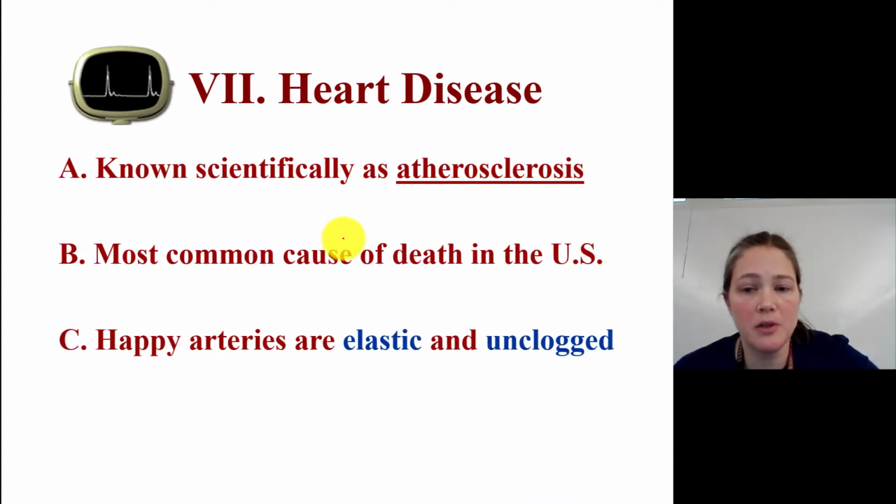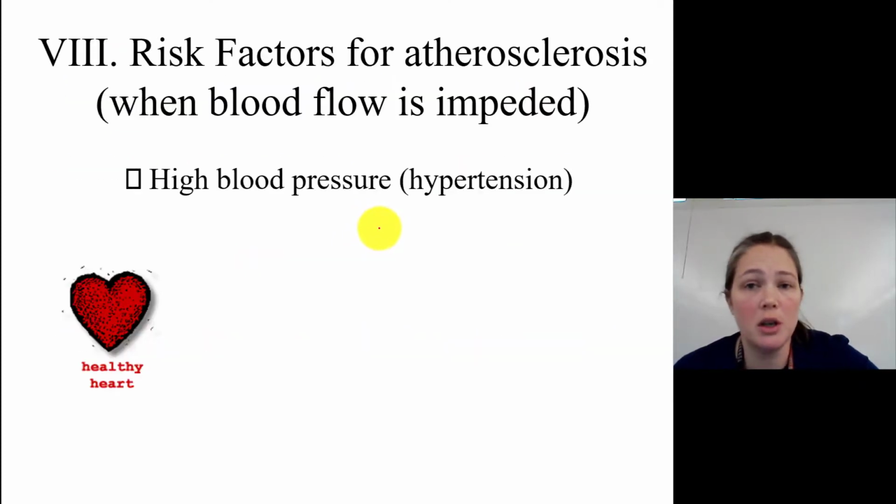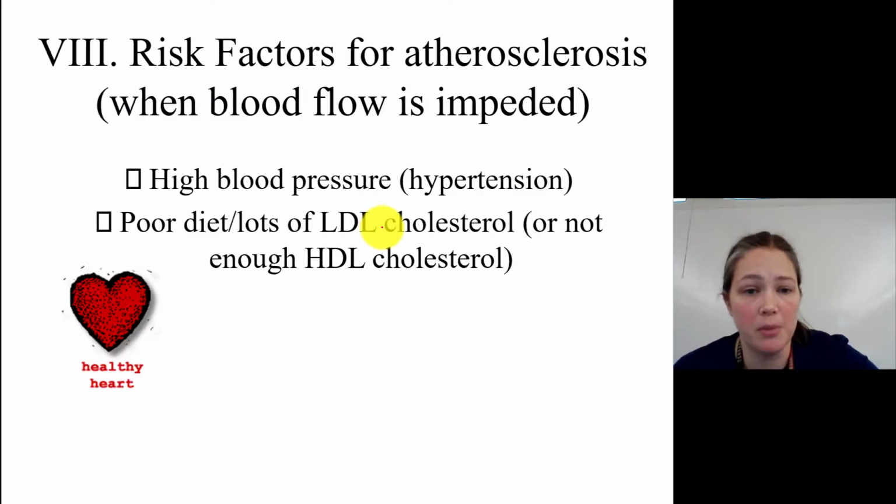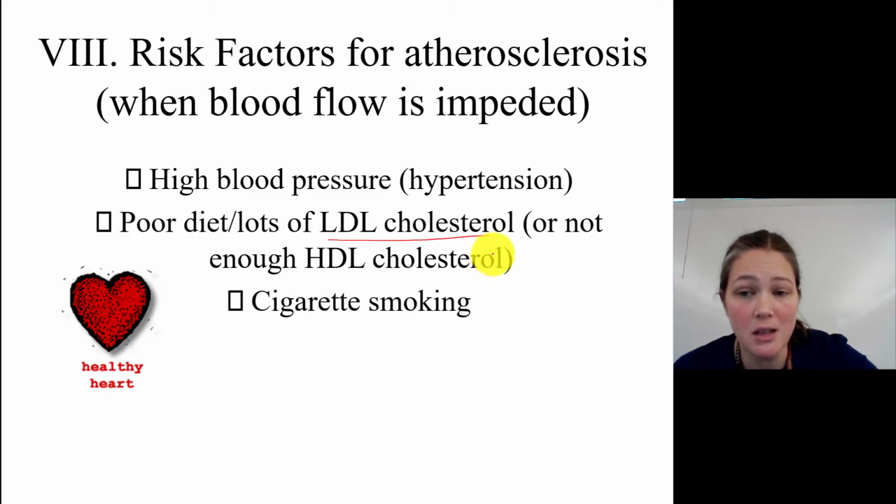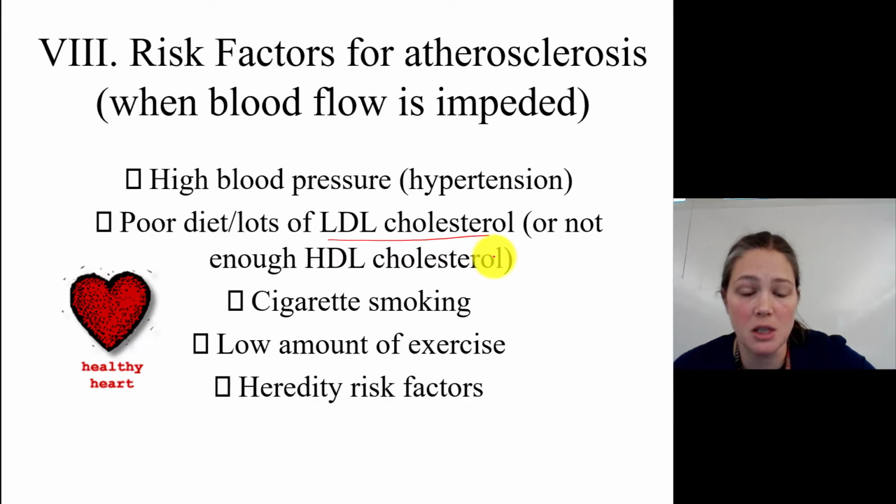Atherosclerosis is the most common cause of death in the U.S. This is happy arteries: elastic and unclogged. So what increases risk for atherosclerosis are high blood pressure, lots of LDL cholesterol, which is generally putting the fats in your blood vessels, storing them in the wrong place. Cigarette smoking increases risk of this, as do low exercise, hereditary factors, and eating too much of the bad cholesterol, too much bad fat. That basically what's happening is you have these blockages in your blood vessels,